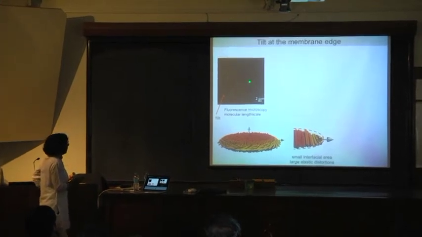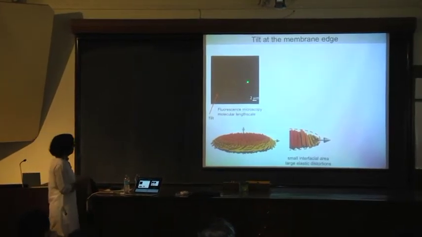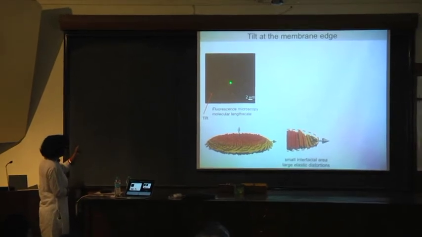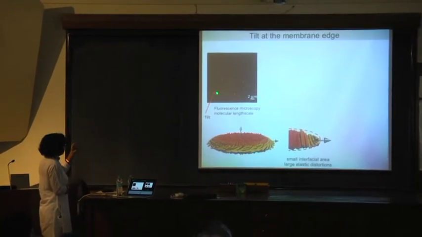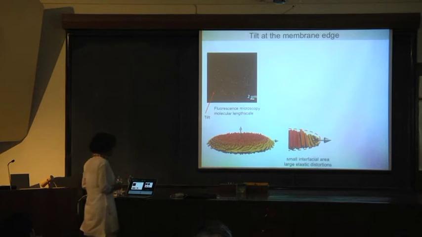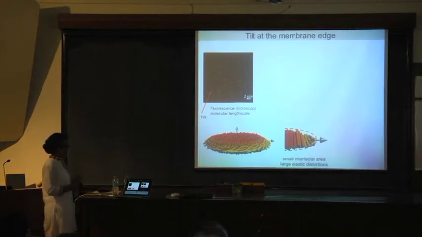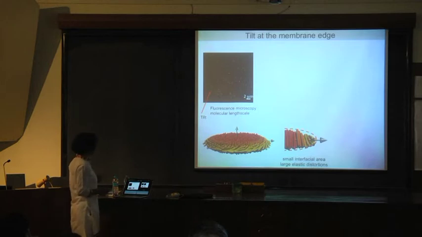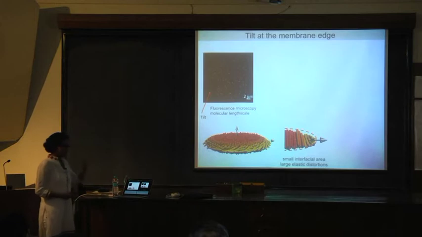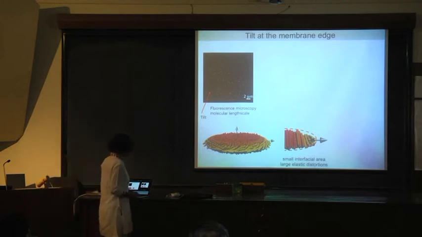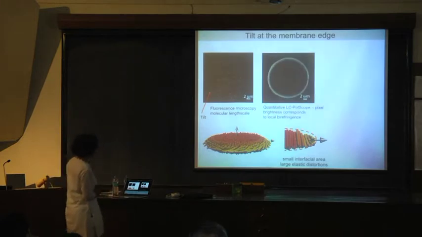Here again, 1 out of 10,000 rods are labeled. In the middle the rods are pointing at us, but at the edges you can see the entire labeled rod. But in order to figure out what is called the twist penetration depth, or the length scale over which you go from a perfectly tilted rod to all the way a standing straight rod, we use quantitative polarization microscopy,